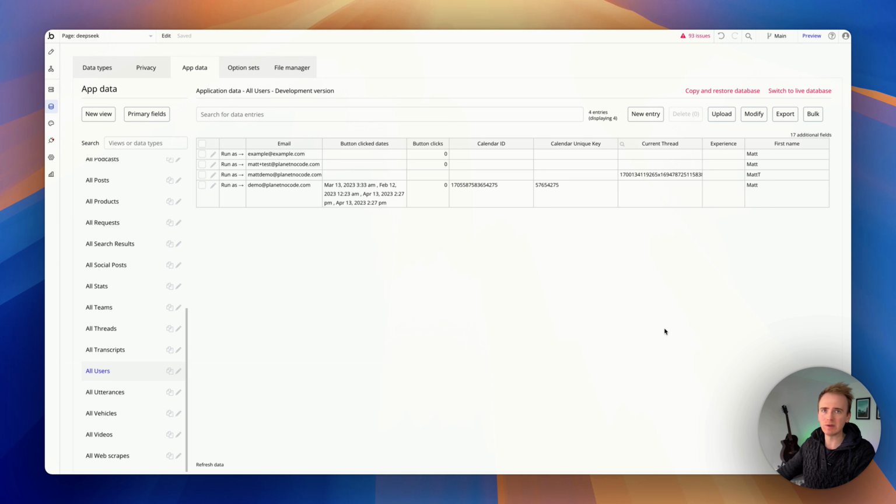Now, of course, you could do anything. You could have some sort of tracker so that you could put a widget on the home screen of your iPhone that when you tap it, it adds a number to a record in your Bubble database. There is so much you can do,